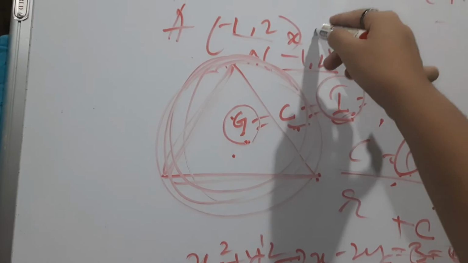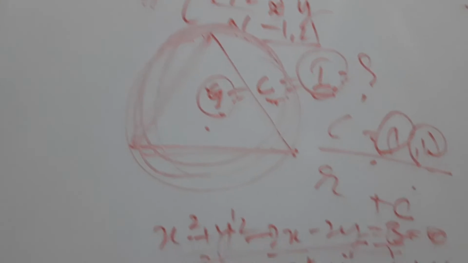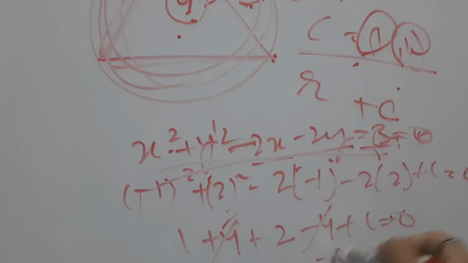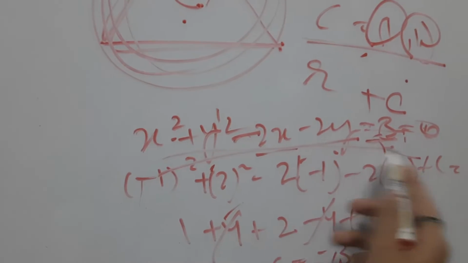यह -1 है x और 2 है y. सब्स्टीट्यूट करने पर हमें c की वैल्यू -3 मिली, हमने वह सब्स्टीट्यूट कर दी, हमें सर्कल इक्वेशन मिल गई. ओके, ठीक है. अब अगला क्वेश्चन है: द सेंट्रोइड ऑफ एन इक्विलैटरल ट्रायंगल इज 0,